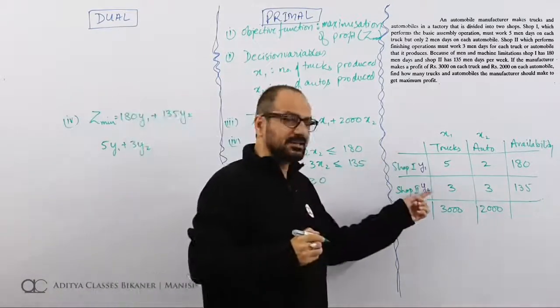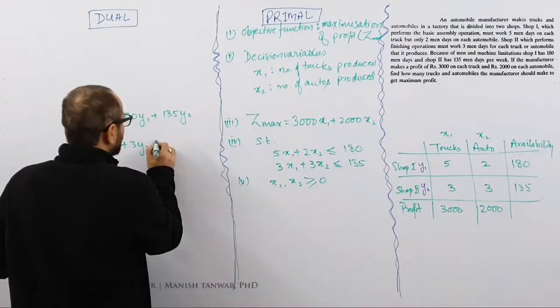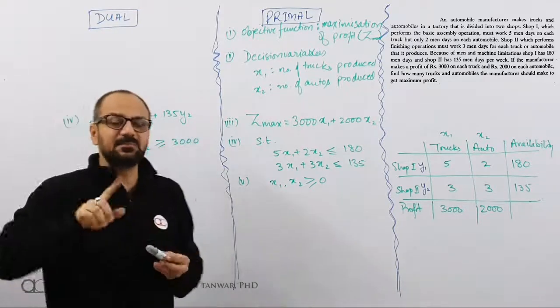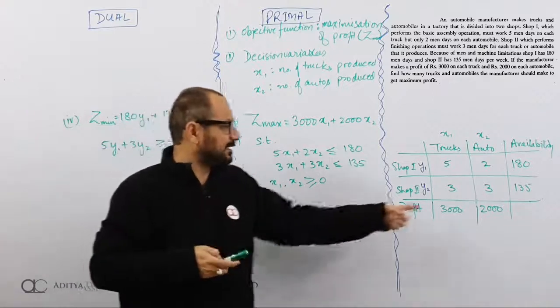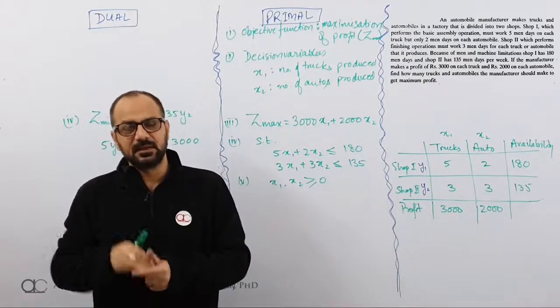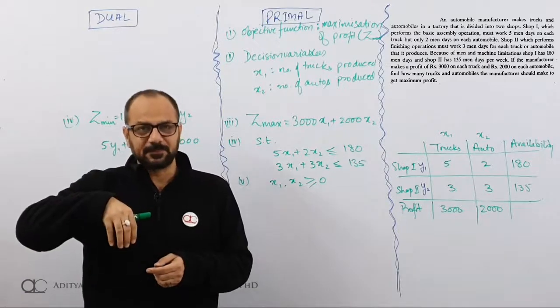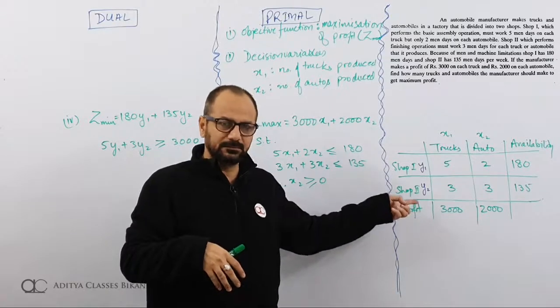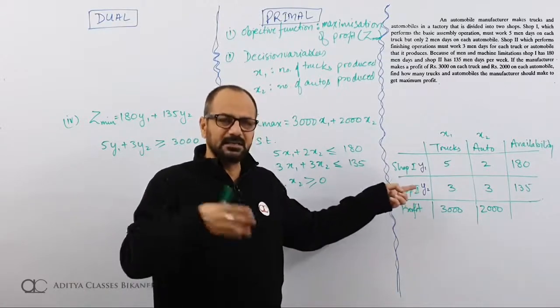Now, this collection should be more than or equal to 3000, because in the absence of that investor also I am making a profit of 3000 rupees. As it is, I am making a profit of 3000 rupees. Now, when that investor steps in, he starts charging me for the supply of raw material, in this case Mendes.